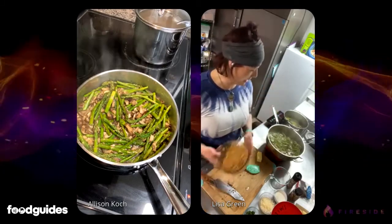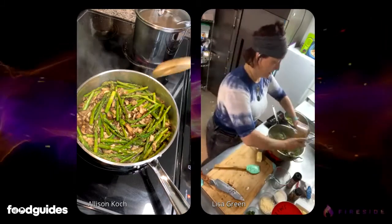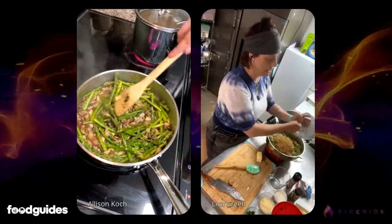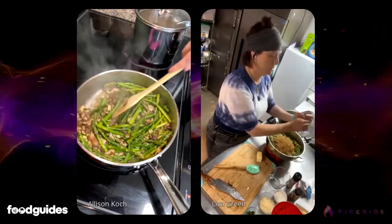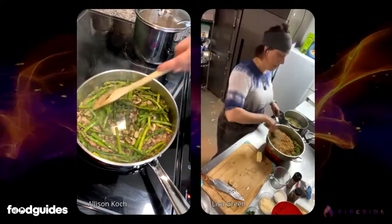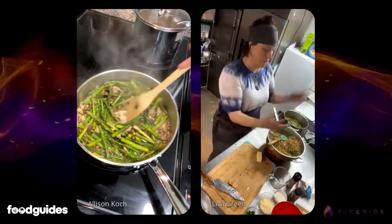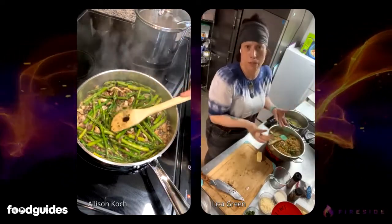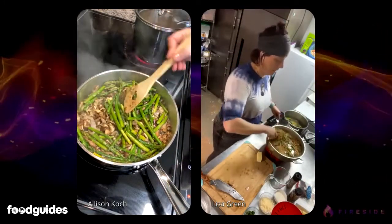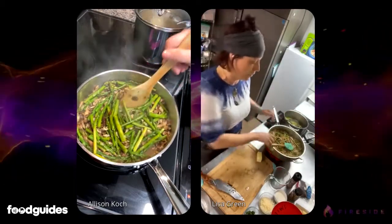All right, so I'm going to go ahead and add my farro now and get that going. I'm going to cook it for just a minute, and then I'm going to start adding the hot stock to it and stirring. Our goal is that in between each cup, the grain will soak up the liquid, and then you add more, and that's when you can check and see if you're going to need more liquid. Once it gets going...